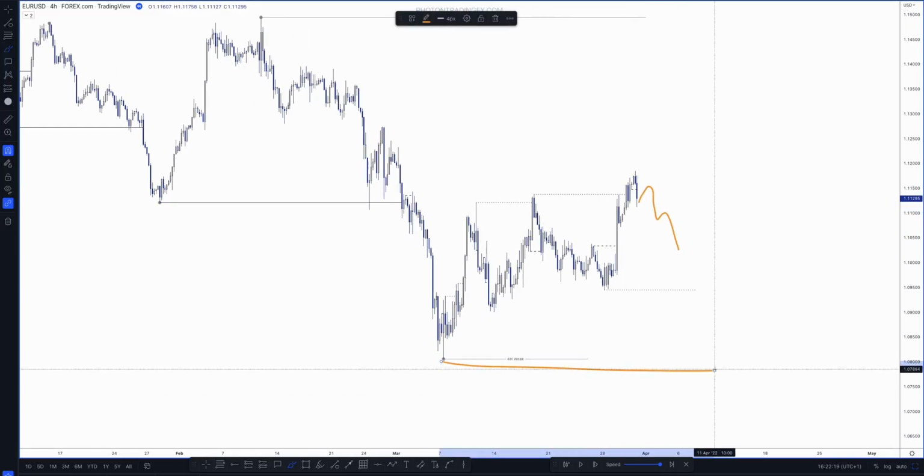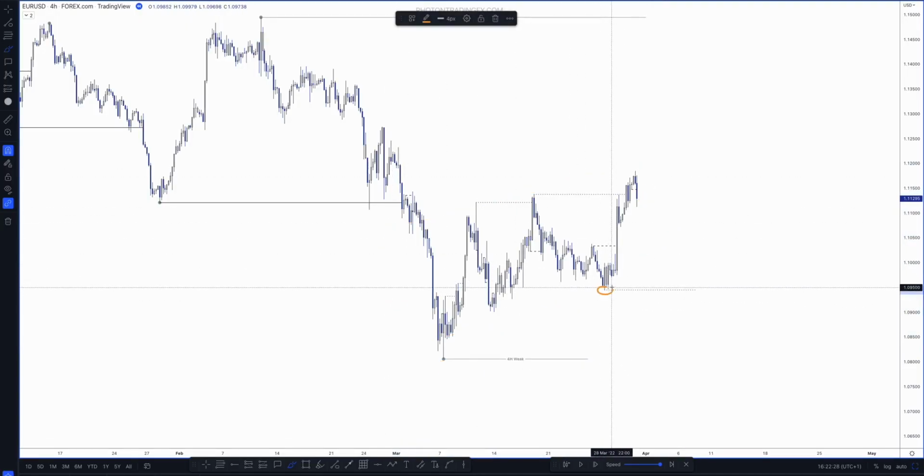And you can look to target here, but you have to manage your expectations that we don't have structural confirmation of that yet. We don't have confirmation that the swing pullback is over until what? Until price closes below this low. Why is that? Well, we need a bearish IBOS, right? We need price to break below here, because what could happen is you could get short, you could be running